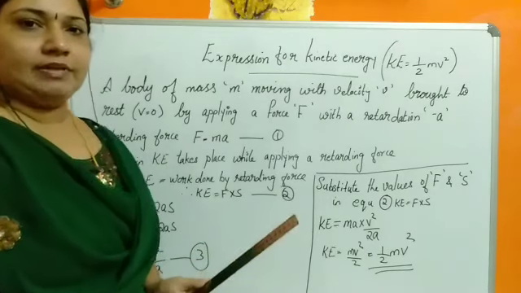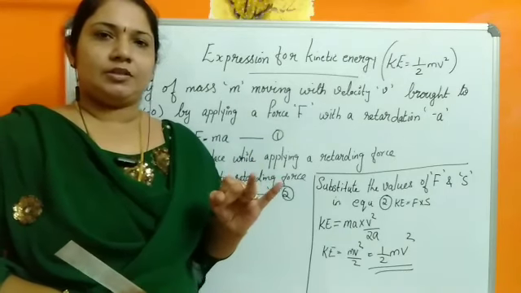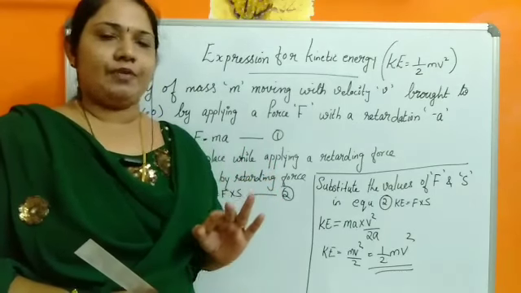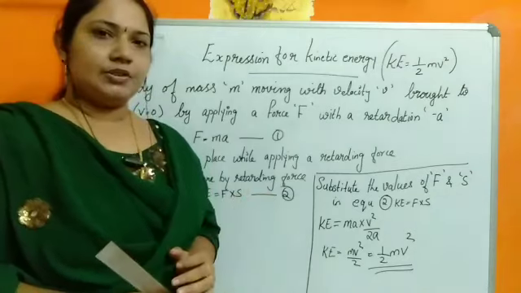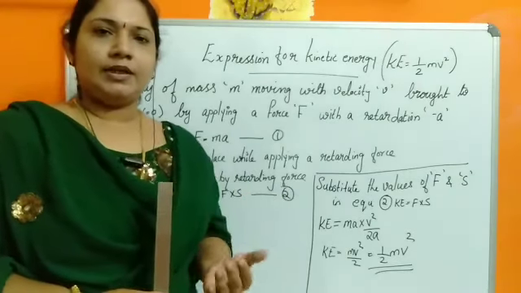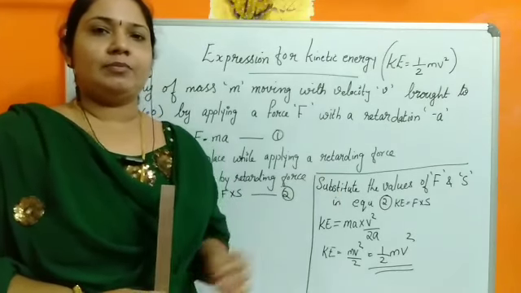And in class 9 we studied three equations of motion: v is equal to u plus at, v square is equal to u square plus 2as, s is equal to ut plus half at square. I think you remember all these things. So now we are going to study a link between all these formulas so that we will get an idea to solve the numerical problems from this chapter.